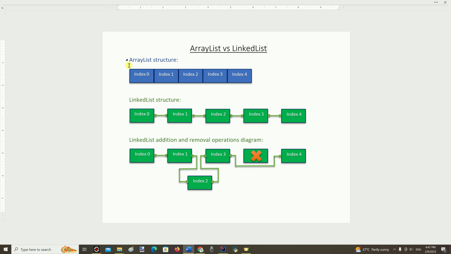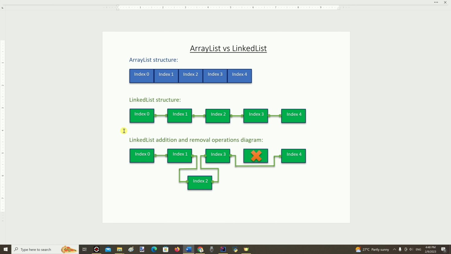ArrayList internally uses an array data structure. So, for addition or removal operations, it needs time to internally create a new array and to rearrange all the elements it contains. But LinkedList internally uses a doubly linked list to store the elements, and it has additional 2 pointers per every element inside the linked list. Via these 2 pointers, elements are connected with links to each other, and because of that it has the name linked list.